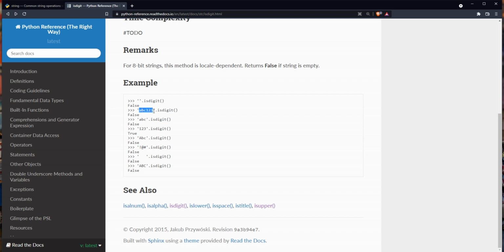We will be iterating through each character, each letter one by one, and with the help of the any function, if any one iteration is found true, then it will exit and our output would be true.